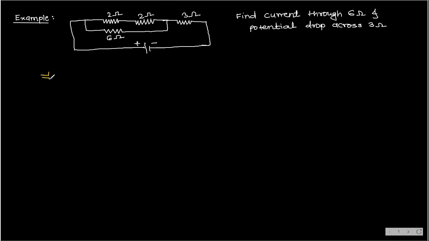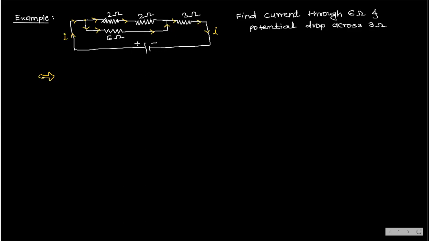First I will find the total resistance of this circuit, particularly this part, so that I will get some potential. Now see, in this problem, current is coming from here. This is the current I, and at this point it is getting divided. One current is going straight, and another current is going through this 6 ohm resistor, and then again it comes out through this 3 ohm resistor, that is I.